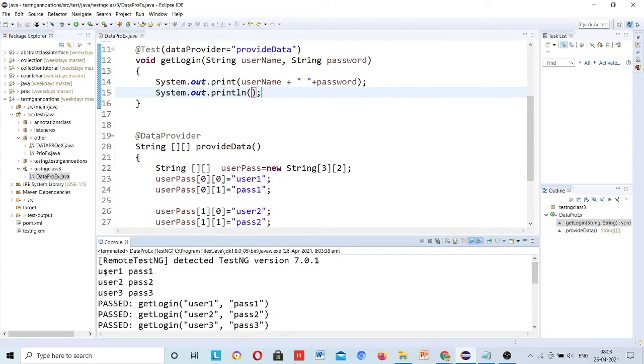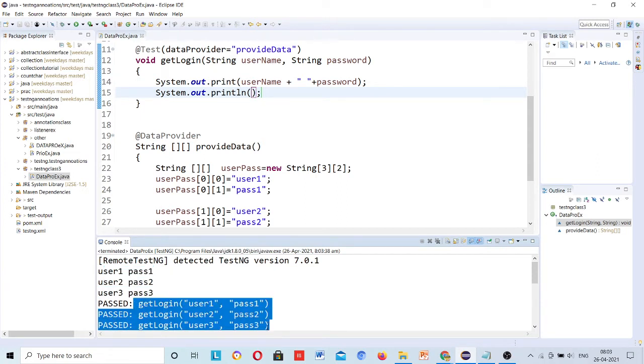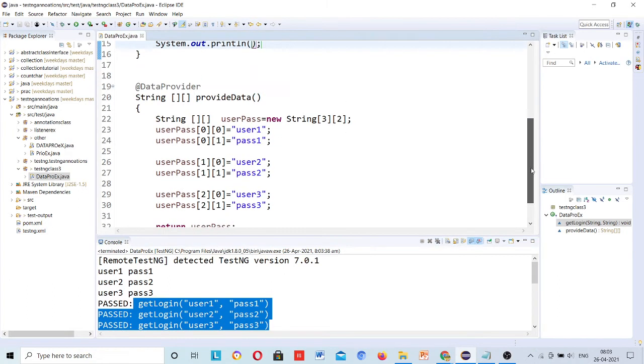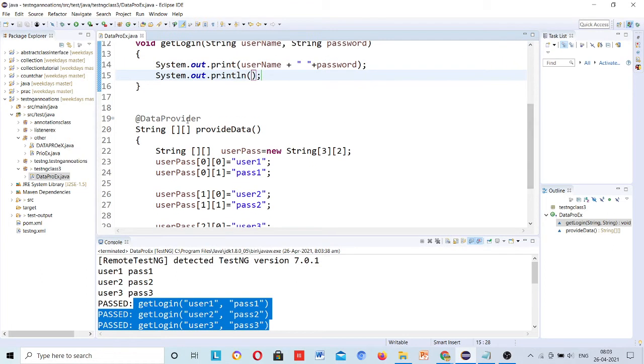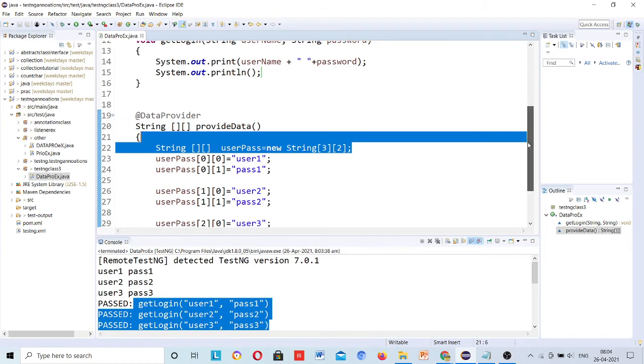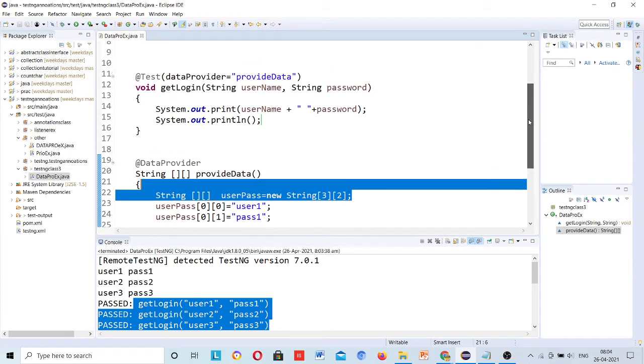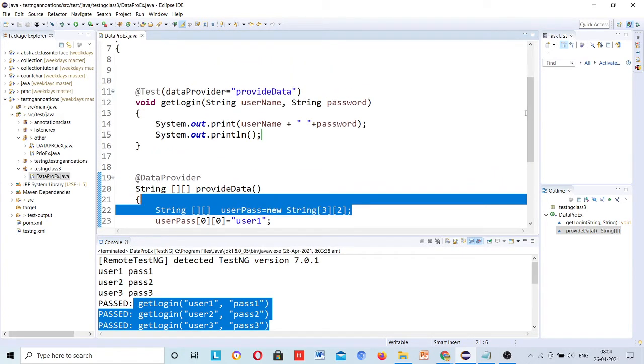This is user1 and password1, user2 and password2, user3. So this method is being called three times. So you don't need to declare it again and again. As many sets as you have, this data provider will provide each set one time. Okay, so this is the data provider annotation. Does anybody have any question on this?